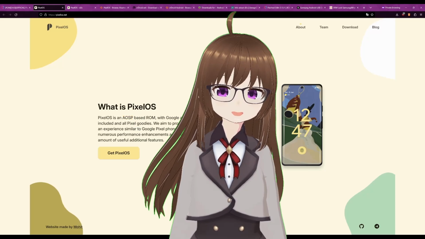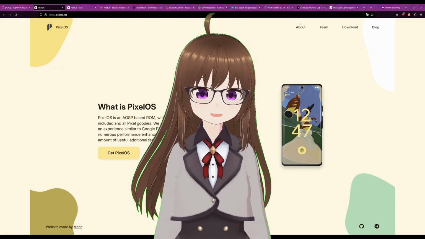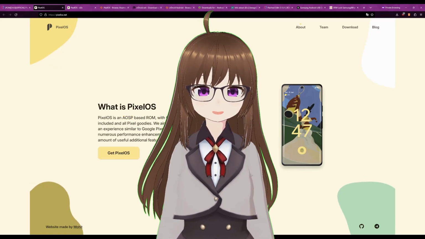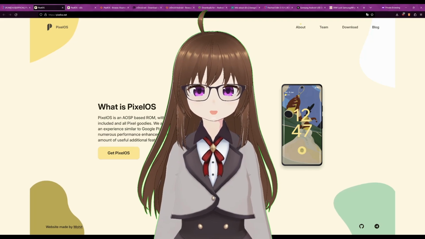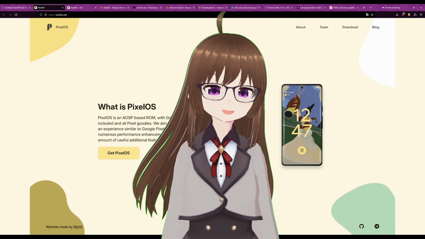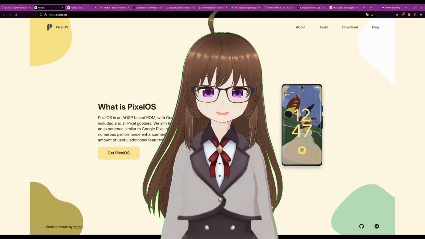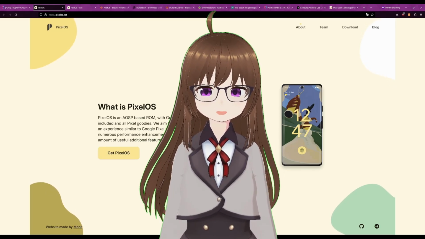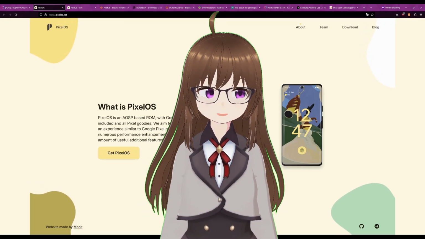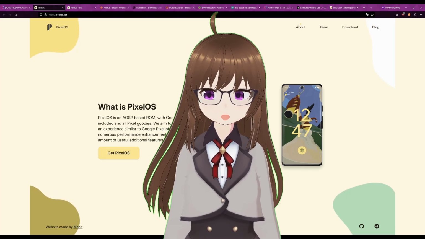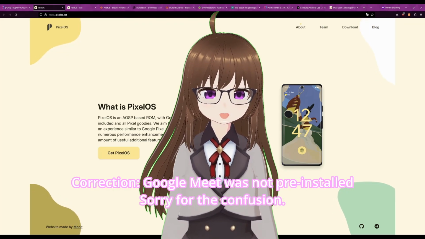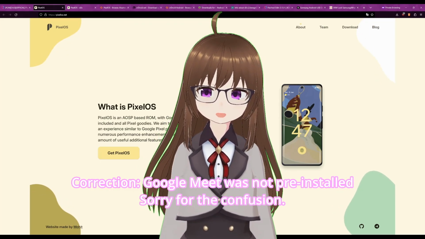Right, getting back to Pixel OS, it basically tricks Android OS into thinking that everything it's got is a Pixel, even though you're actually not on a Pixel, which is kind of an interesting project in my opinion. This is admittedly one of the closest to a pure Google system that you can find. However, this comes with a whole lot of Google's own bloatware. Like say you don't want Google Meet, with Pixel OS, I doubt that's possible.